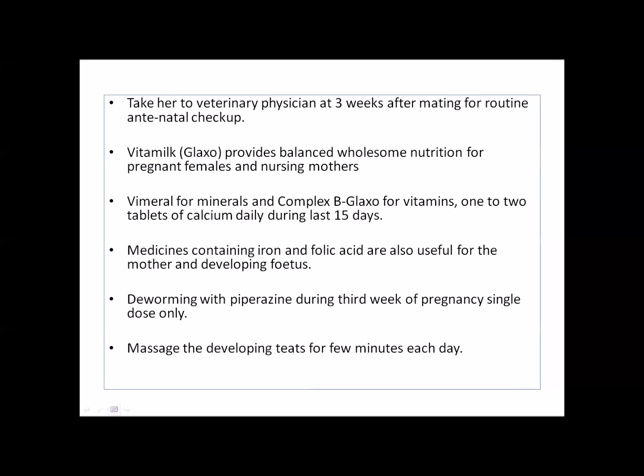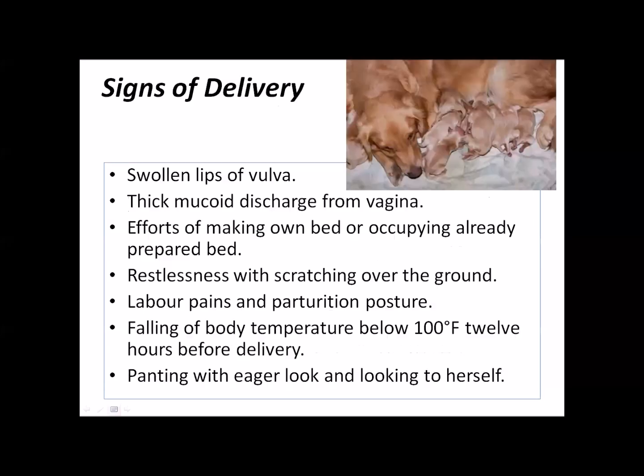And deworming, particularly piperazine, because these roundworms are carried from mother to young ones. So that's why they go for deworming during the pregnancy period. And massage, if required, may be done. Otherwise, it is not so much required. So I mean to say that supplementation like vitamin, calcium, folic acid, deworming, and routine scanning are mandatory during the